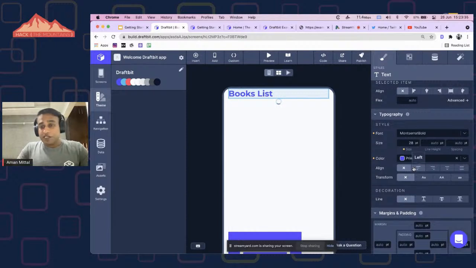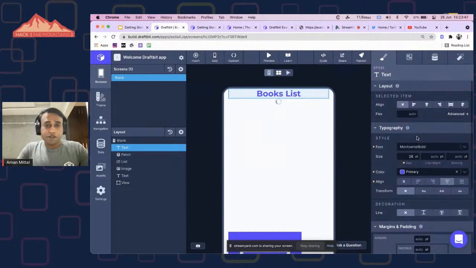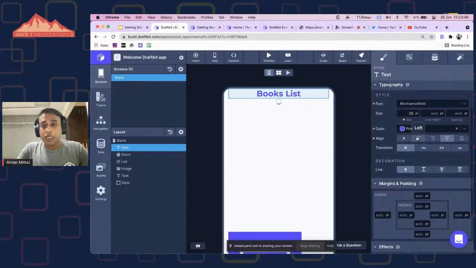You can also change its alignment properties. So for example, currently there is no alignment property on this text component, but I want to display it at the center of the screen. So yeah, this is just a general overview of how you can edit the style